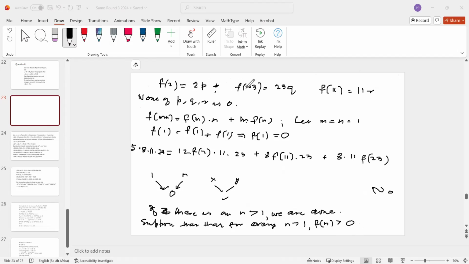Because if any one of these is 0, then you'll have a contradiction, because we're saying for all positive n, f of n is greater than 0. So that means that f of 2 is now greater than 2. So it means that P must be greater or equal to 1, so f of 2 is a multiple of 2, so it must be greater or equal to 2. F of 23